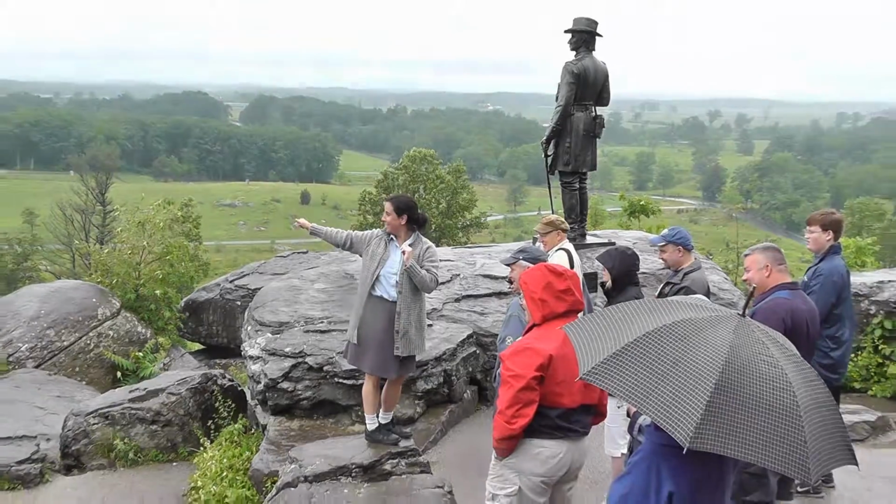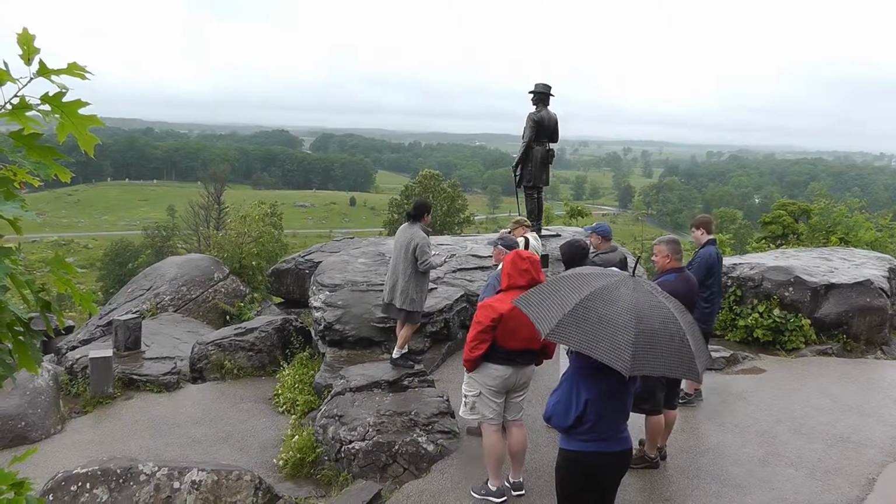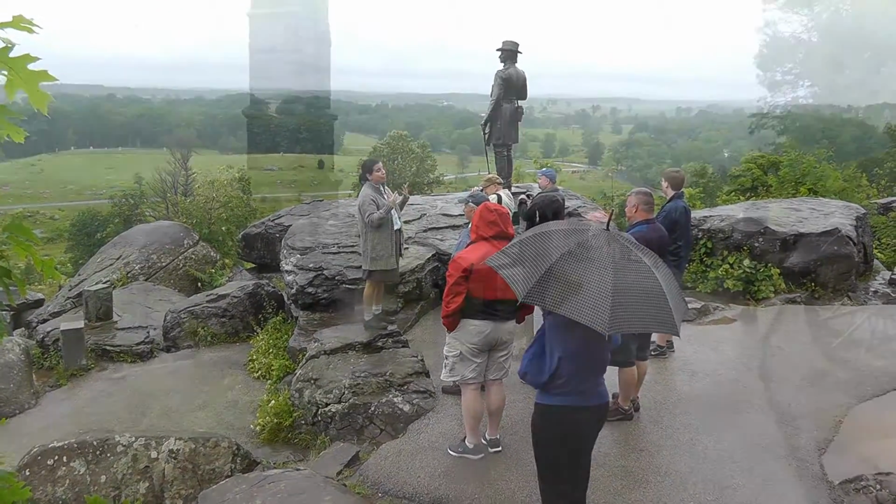Okay. So, Devil's Den sticks out like a sore thumb. So, at about 3:30 on the second day of the battle, my poor General, you see why I love him, he finds out that General